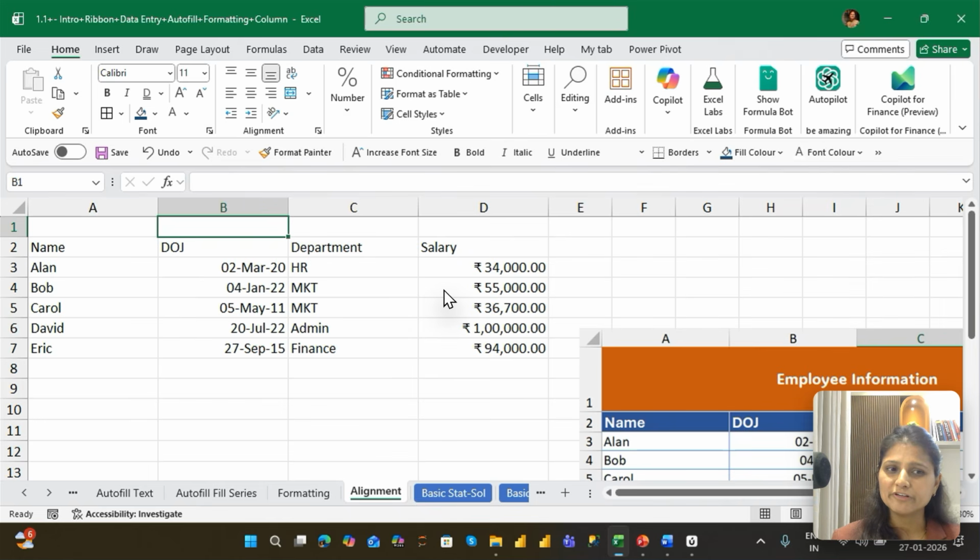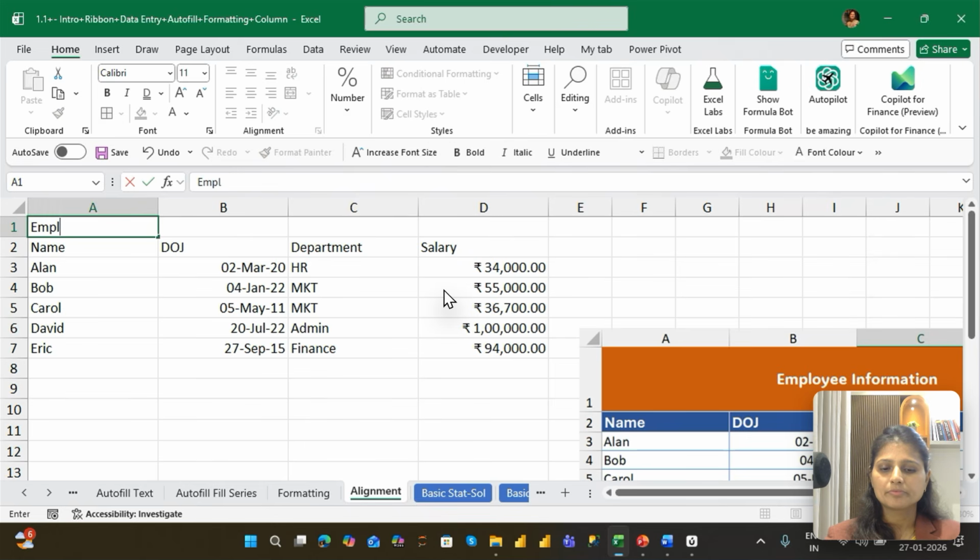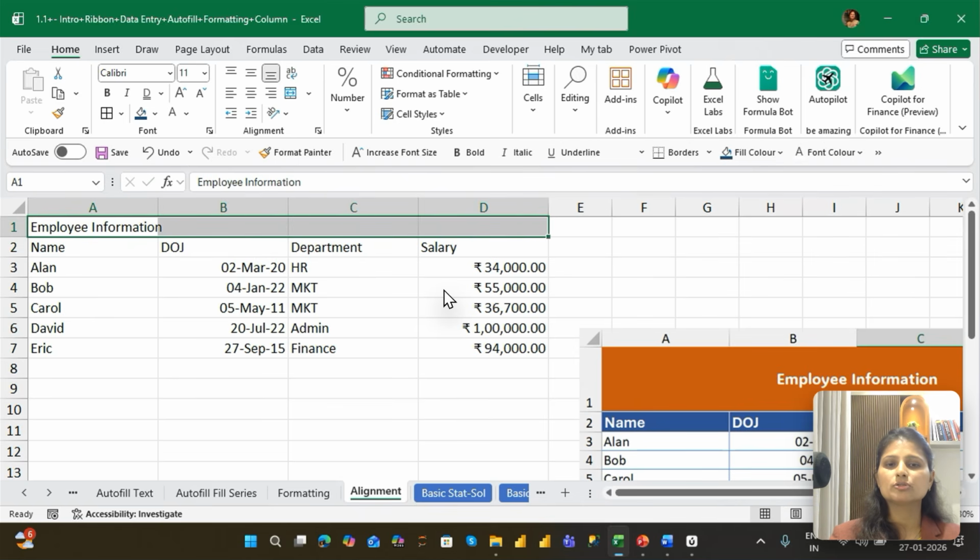I hope even you have adjusted it in the same way. Just check the structure. What I want is, I would like to give a title over here that this is my employee info. So I'm writing that text, employee information. Now what I want is, I want this employee information to be at the center because it cannot be on the corner. So if I want to bring it at the center, select the data, go to the home